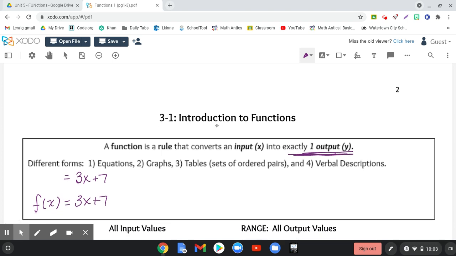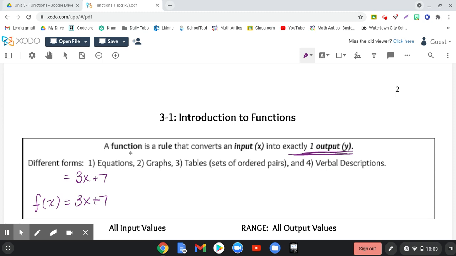So this is lesson 1. It's an intro to functions. There was an intro video that you should have watched earlier this week. If you haven't done that, please do. It's not in the packet. Today we're going to just talk a little bit about what a function looks like and also how we can